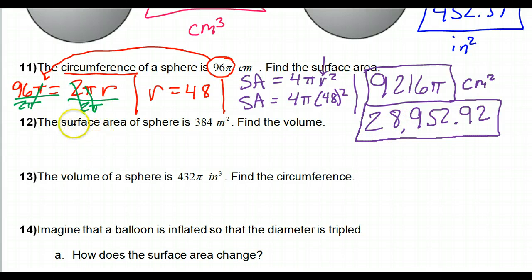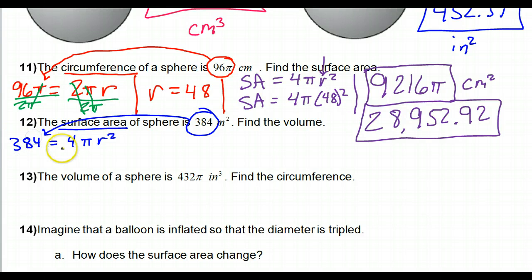Okay, let's do number 12. The surface area is this. So look, if they give me surface area, then we will use the surface area formula. So surface area equals 4 pi r squared. So if they're going to give us the surface area, we should take it and put it in right where it says surface area. So this is going to become